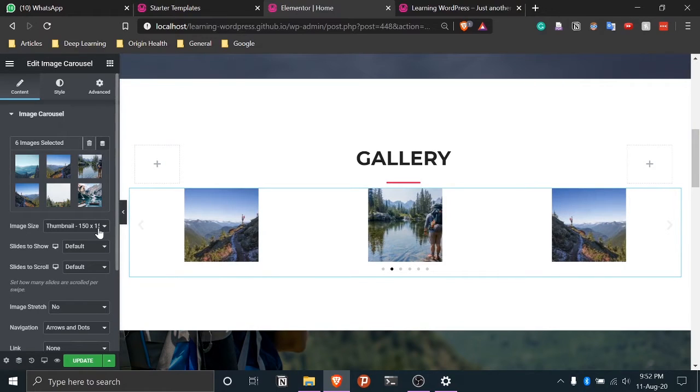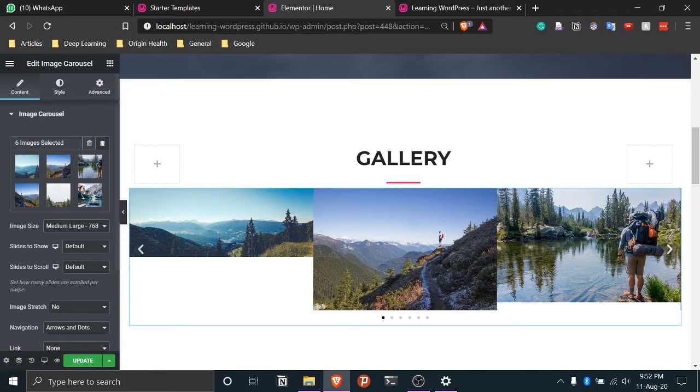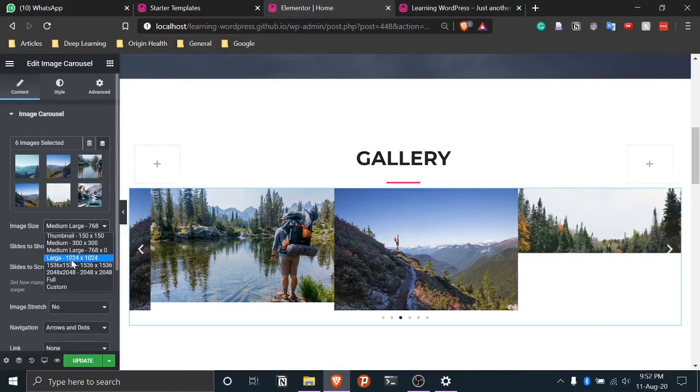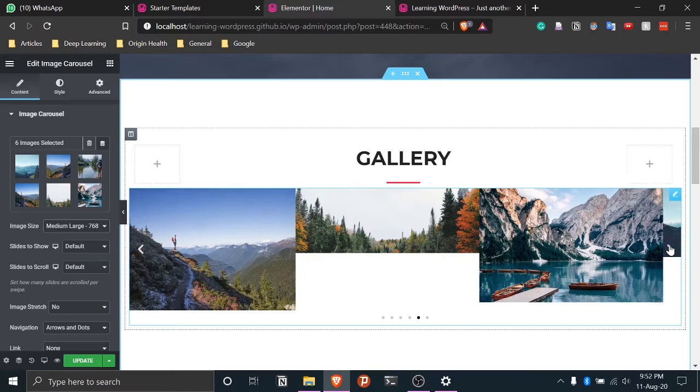So here in the image size section, you can increase them to medium large, let's say. So here these get changed. Now the thing is that this is highly dependent on the image dimensions. When you change it from something very standard like thumbnail to a more custom image, then this whole thing will be dependent on the aspect ratio. So if you see, this image is protruding downwards more compared to this. So it's really up to you how you can handle it.